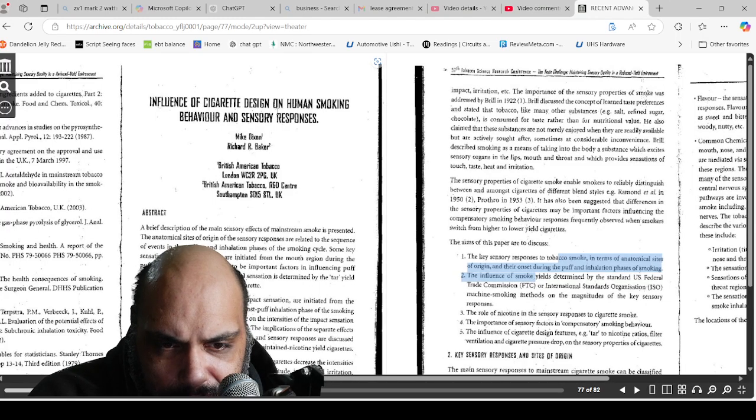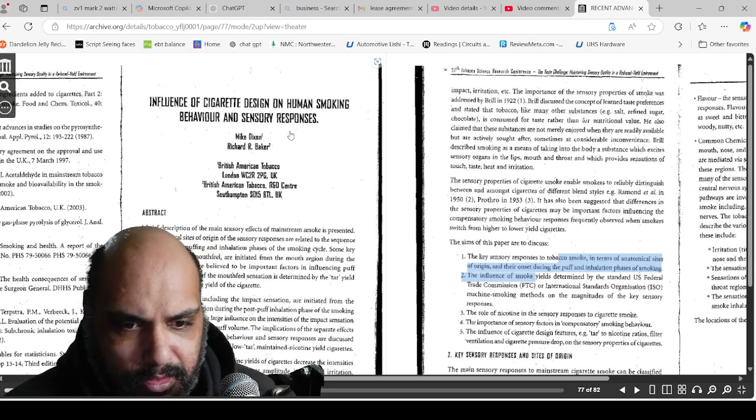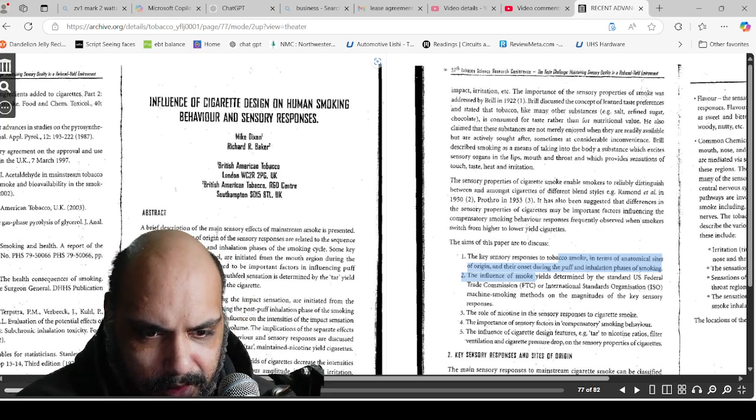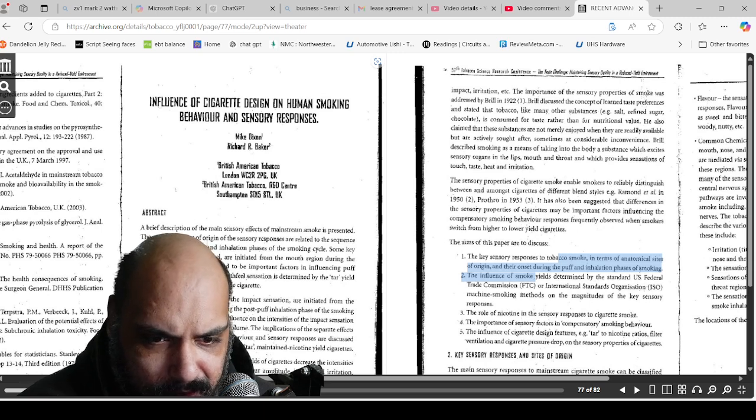Influence of cigarette design on human smoking behaviors and sensory responses. Abstract. A brief description of the main sensory effects of mainstream smoke is presented. The anatomical sites of origin of the sensory response are related to the sequence of events in the puffing and inhalation phases of the smoking cycle. Some key sensations such as mouthfeel are initiated from the mouth region during the puffing phase and are believed to be important factors in